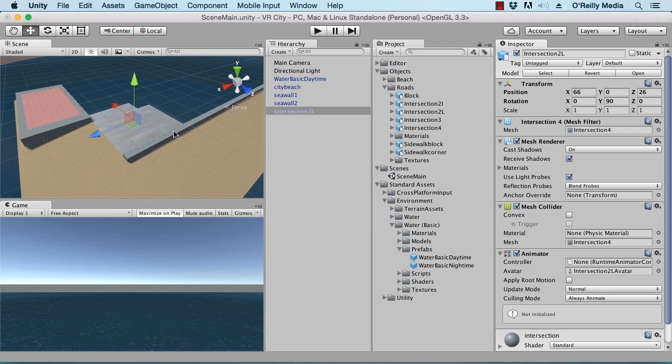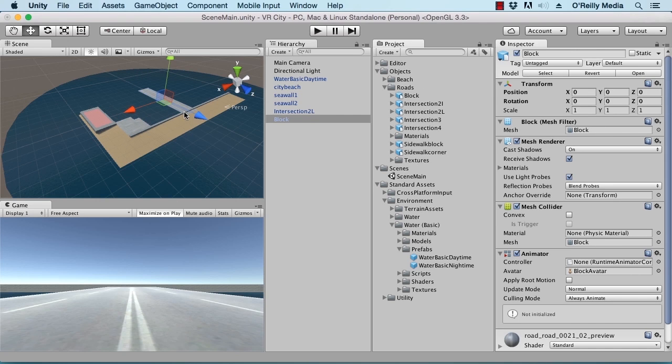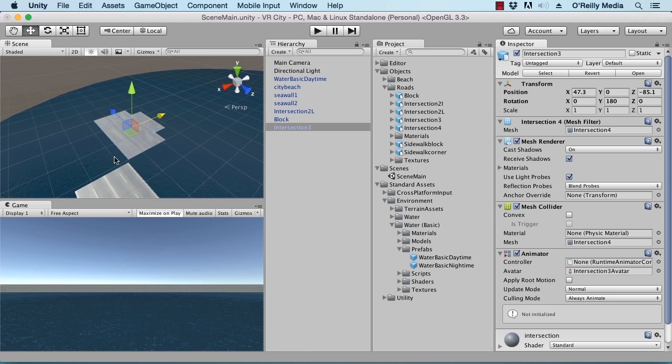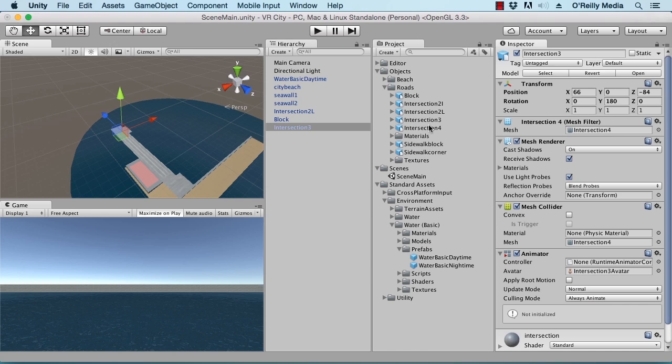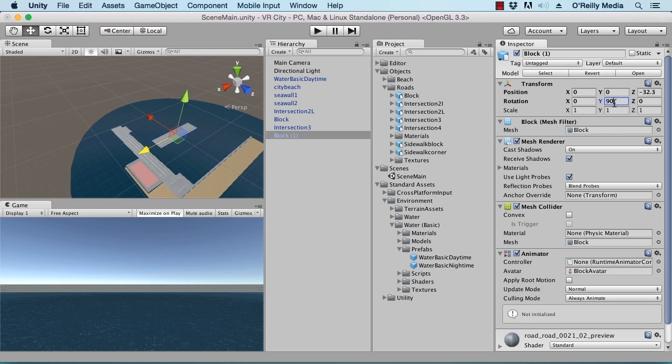Let's just bring in a couple of other pieces. Let's start with a block of road, bring that in. And we can vertex snap that. Let's grab this far vertex over here and connect that there. And let's throw an intersection 3 onto the end of that. I'm going to have to rotate this 180 degrees. Bring it over here. Just frame on it so you can see it a bit better. And I'm going to grab this vertex here and snap it there. And now another block of road. I'm going to rotate this 90 degrees. And I'm going to grab the vertex here